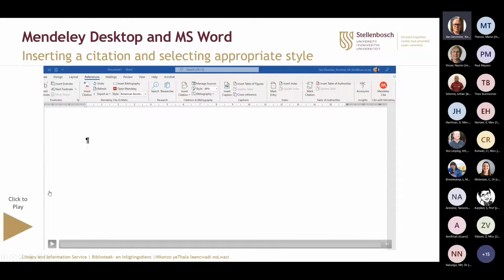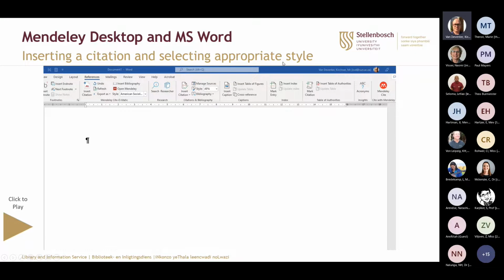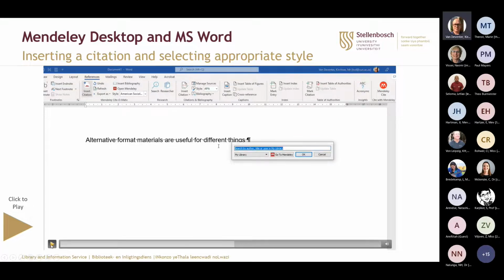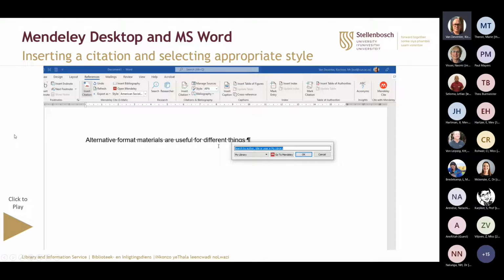Okay, so here's a short little video on how to insert a citation and selecting the appropriate style. I'm going to click play. So there I would click on insert citation. Now with this pop-up, here with Mendeley, unfortunately, you need to have a fairly good idea of who the author is that